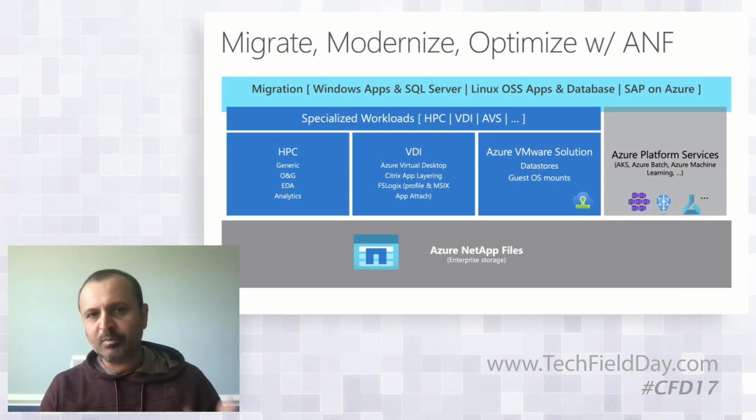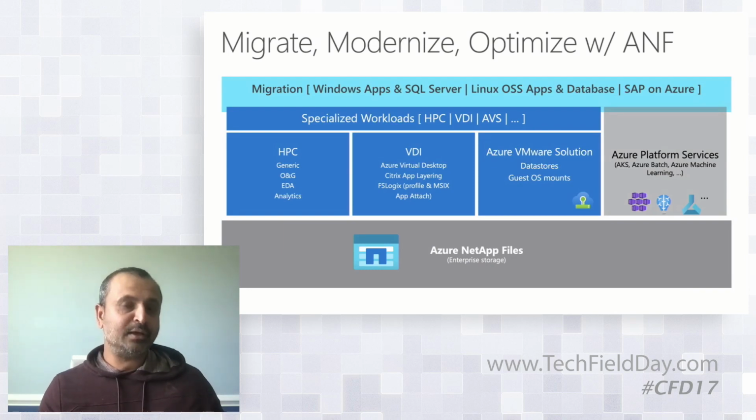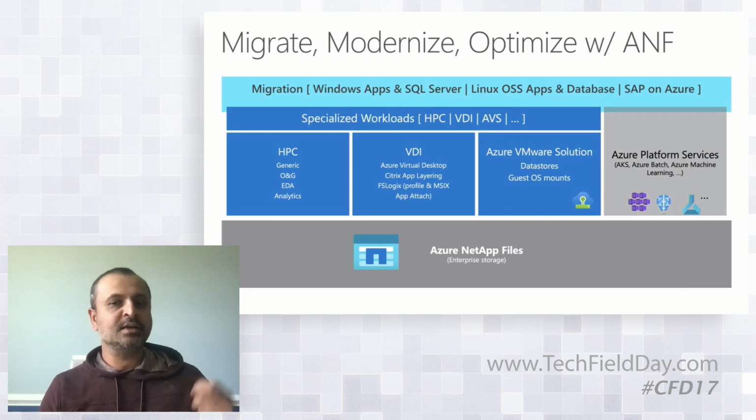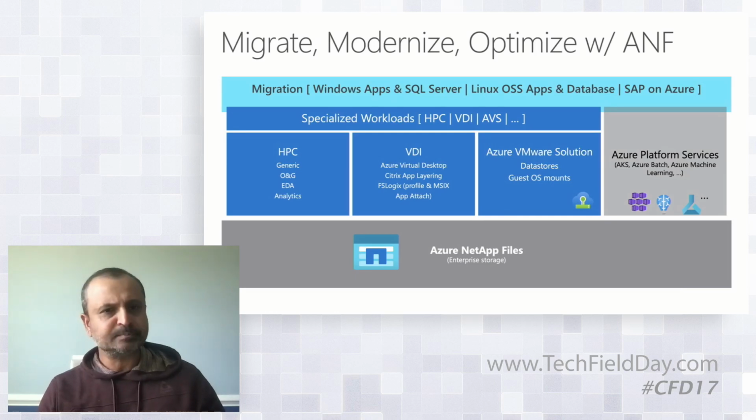And ANF has now become a preferred platform for running SAP in Azure, be it scale up HANA, scale out HANA, or SAP on any database. VMware with ONTAP on-prem being the preferred external storage for data stores. VMware is supported on ANF through two options, mounting data stores for AVS or guest OS mounts,